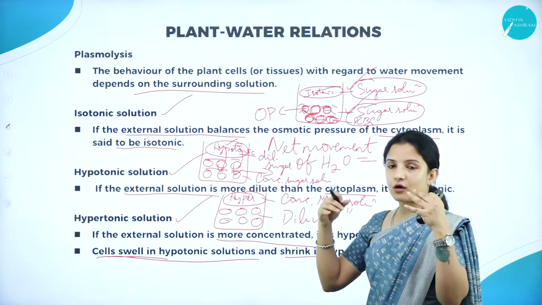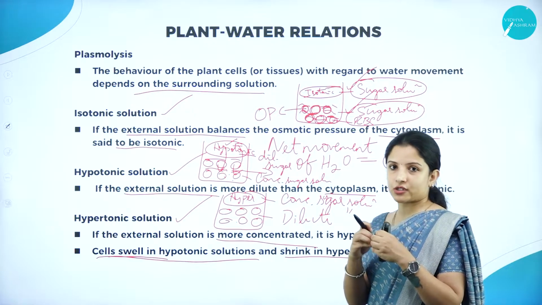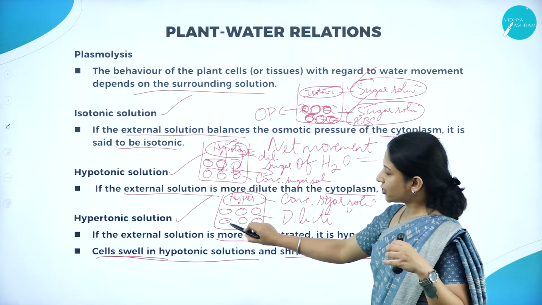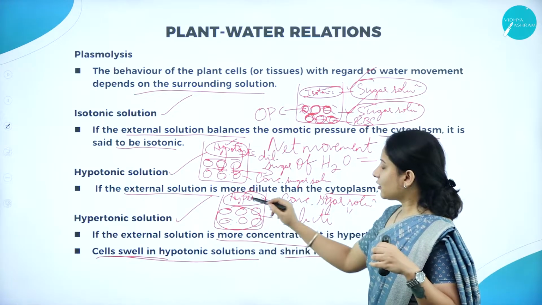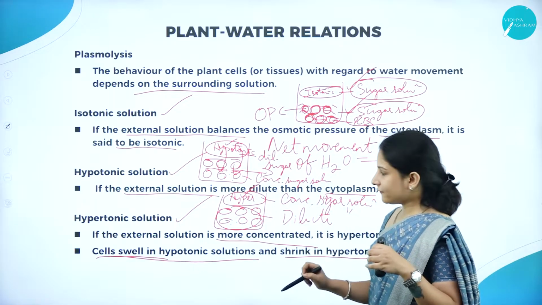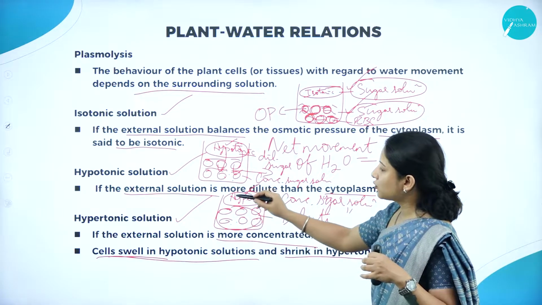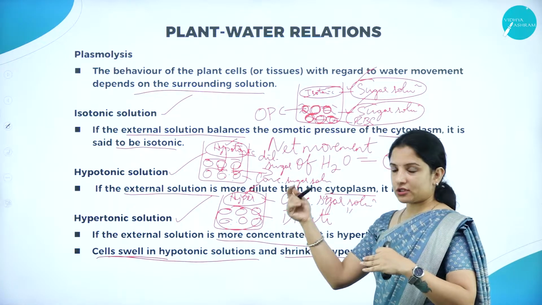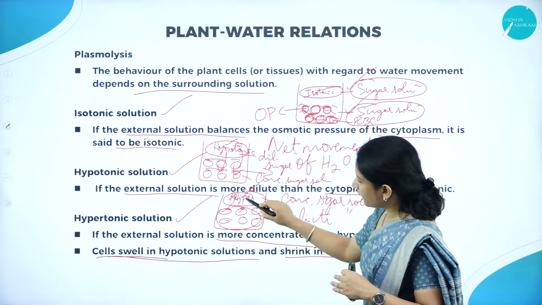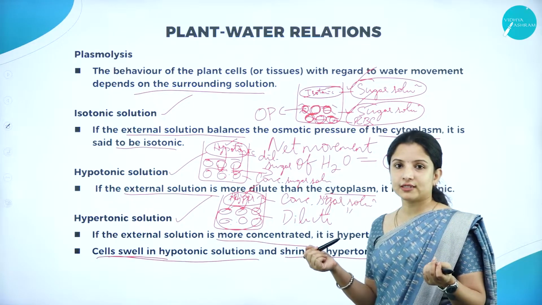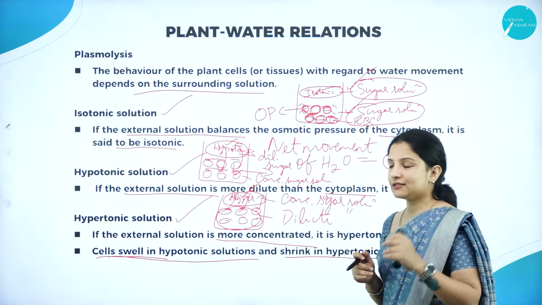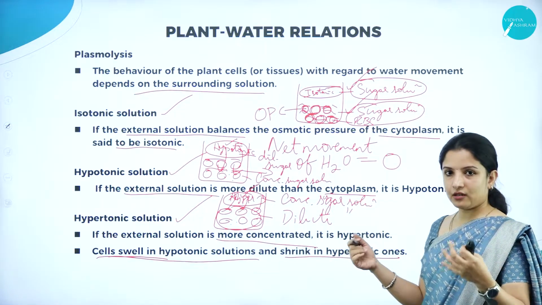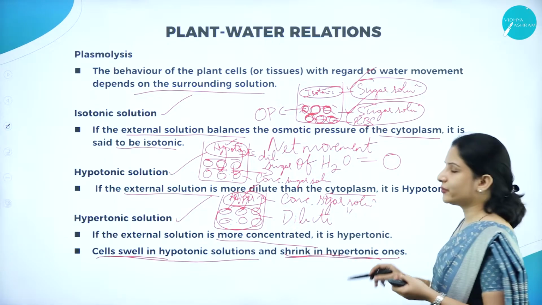So the grapes or the raisins are soaked in dilute sugar solution and the external medium is concentrated sugar solution. So the concentration of water molecules is more here and less there. Therefore, water molecules have to move from the higher concentration to the lower concentration, out of the raisins. So when water molecules move out of the raisin, what happens? The raisins will shrink. That is, in hypotonic solutions the raisins swell, whereas the cells shrink in the hypertonic